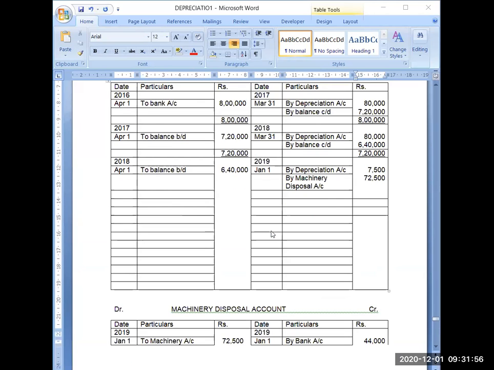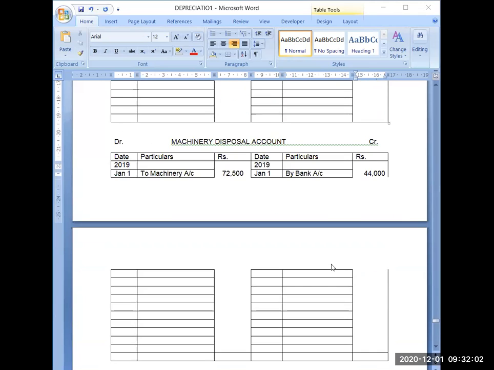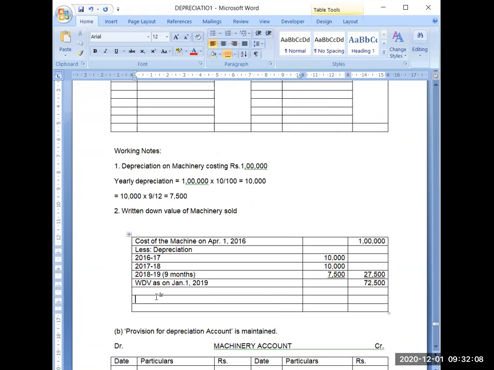Now depreciation has already been recorded for it. Bank account entry we have done. Now finally we will calculate the loss or profit on the sale of it. So the sale value is 44,000 less